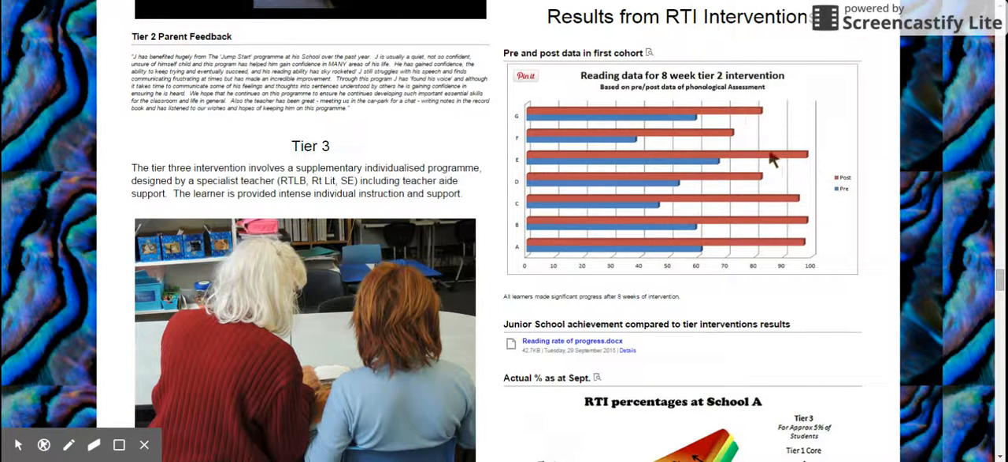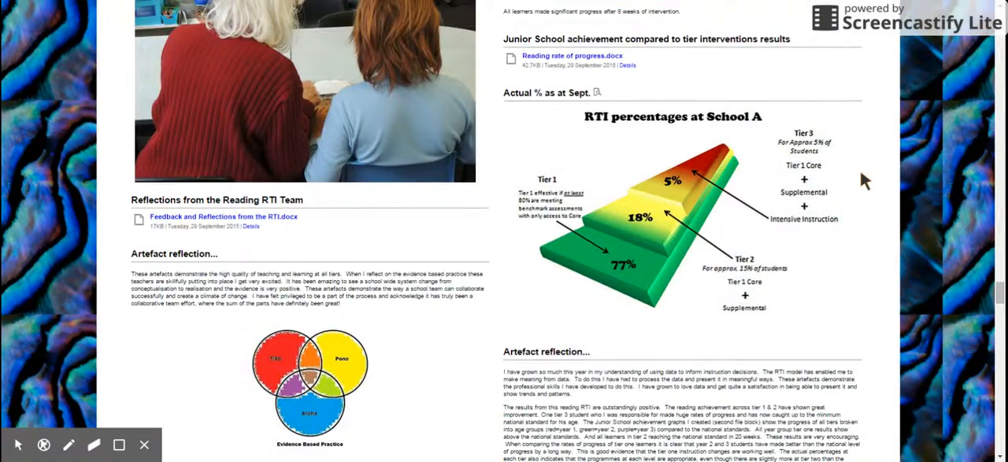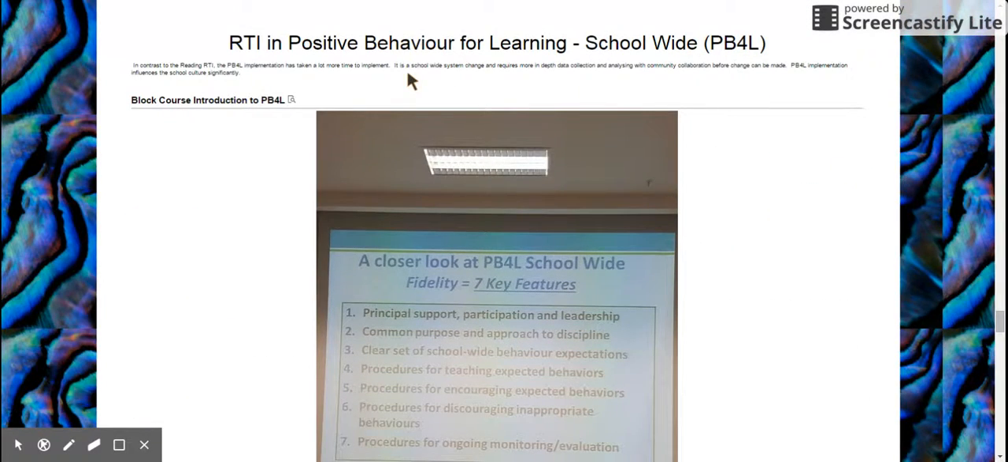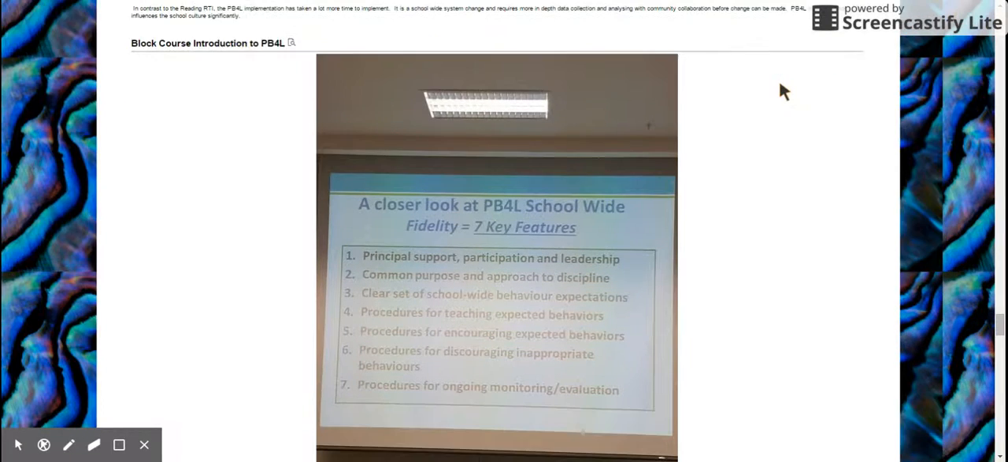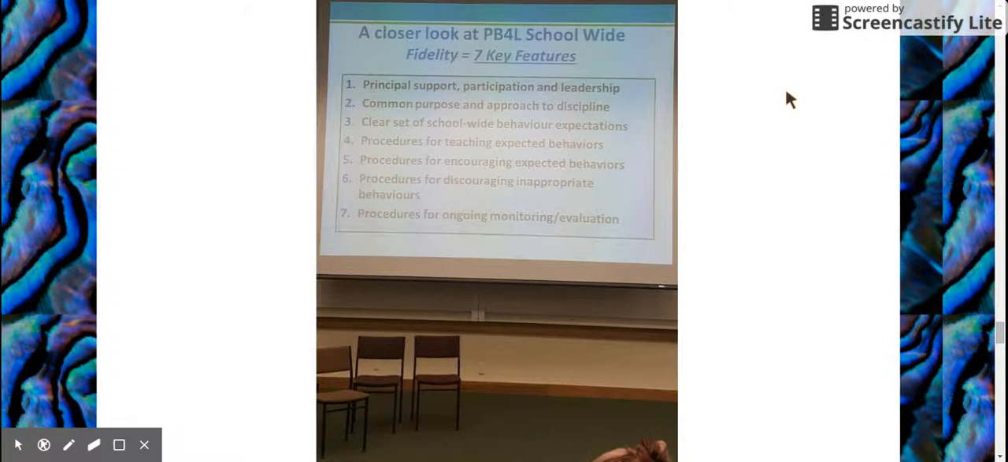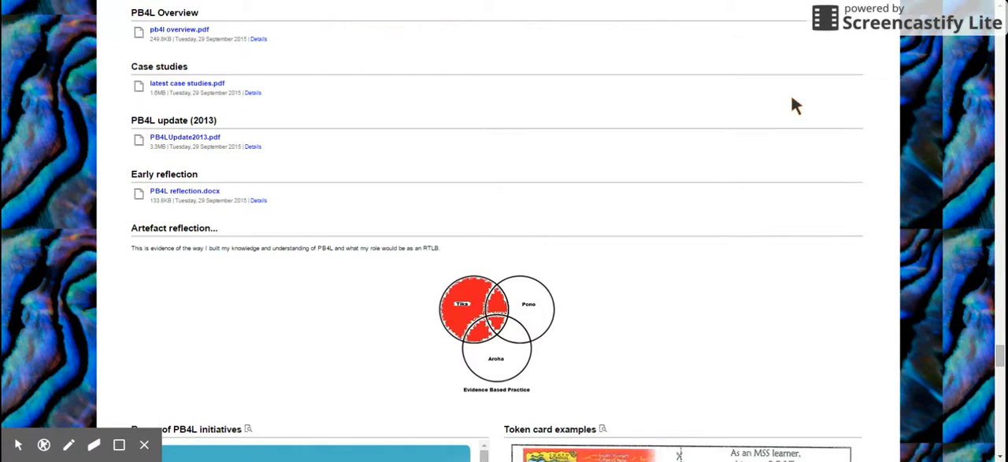And here are some results. The blue, and the red's the post. So you can see within 8 weeks of Tier 2 intervention, there are some really great results coming through. And then I was also involved in another RTI, working with a school on PB4L. So this was a lot slower, working at the pace of the ministry, who were the presenter for these workshops, but it was still an excellent way to build my knowledge in both behaviour and learning around the RTI